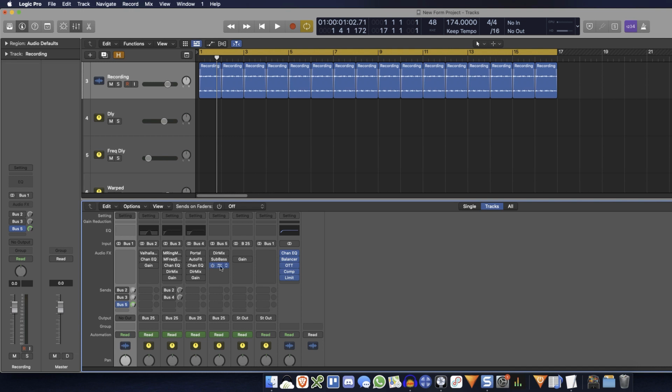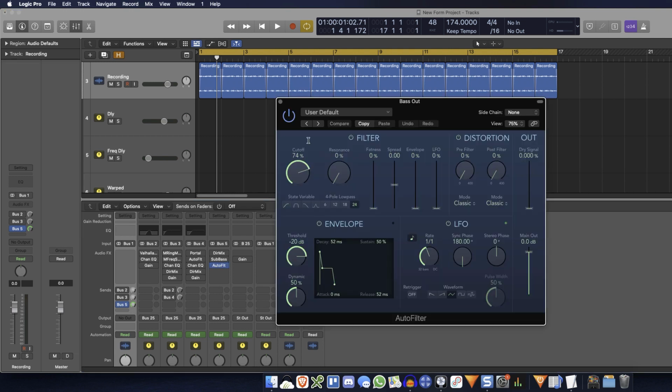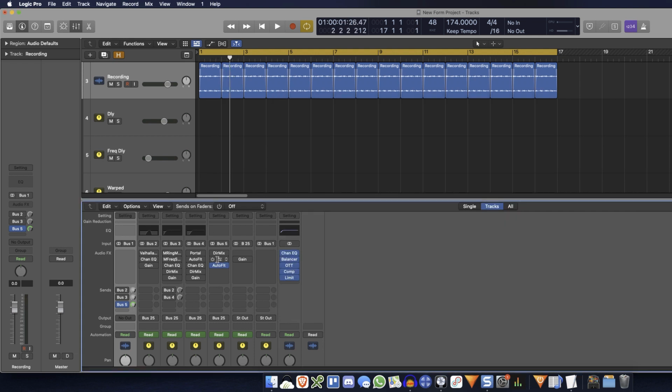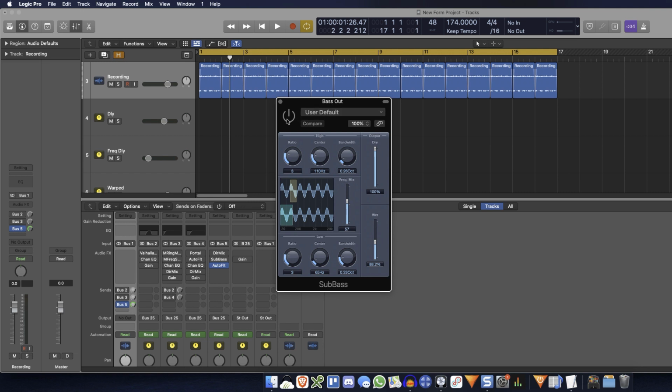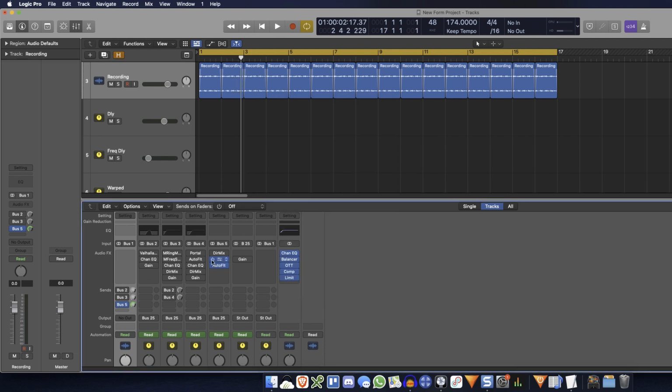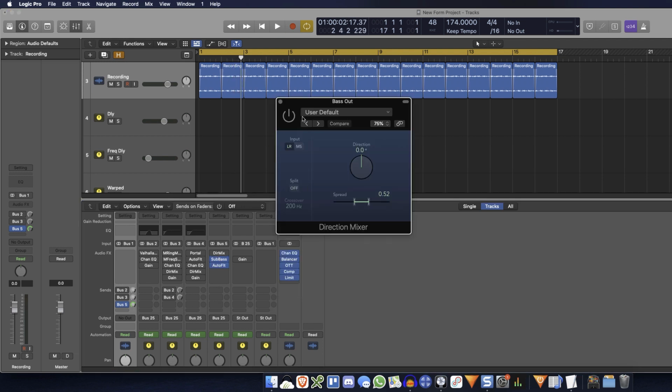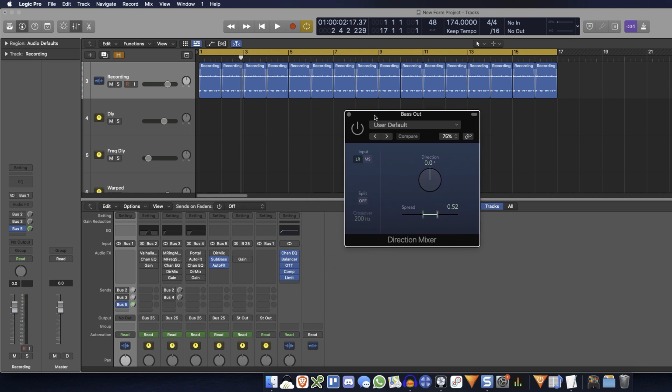So I've got a filter, first of all, just to take out a little bit of that high-end buzz. But it still keeps it there. It's still kind of unsettling. We've then got a sub bass applied, which obviously adds a little bit of sub bass to the sound. And then finally, probably the largest effect on this part of the chain is the direction mixer, which I'm using